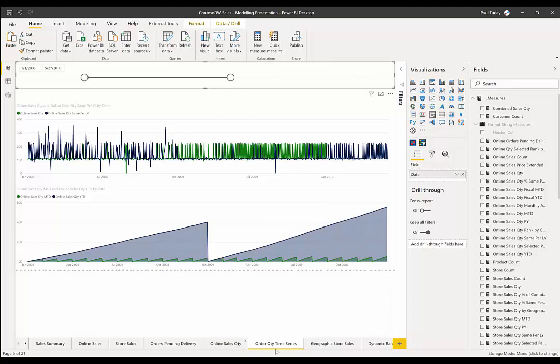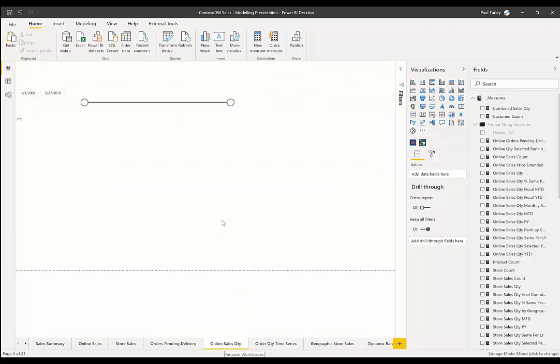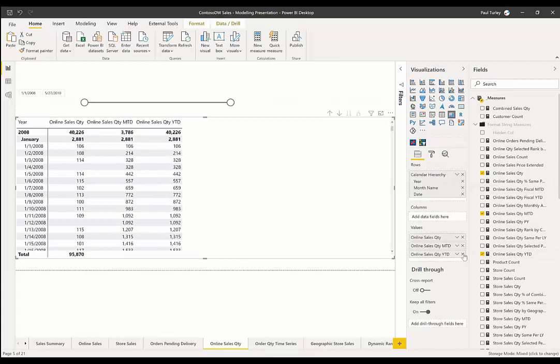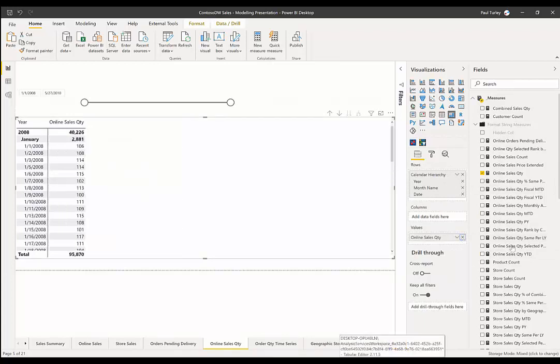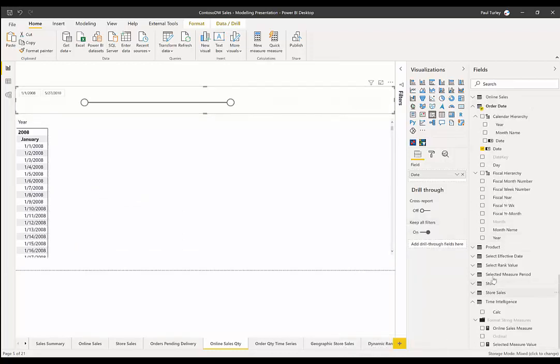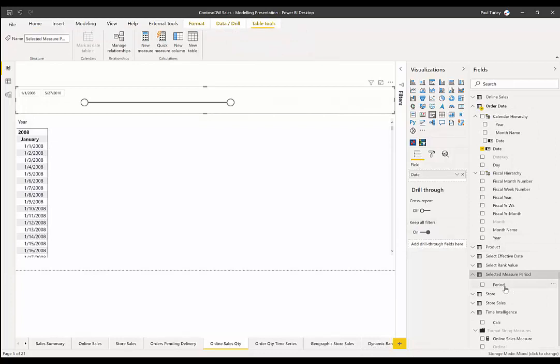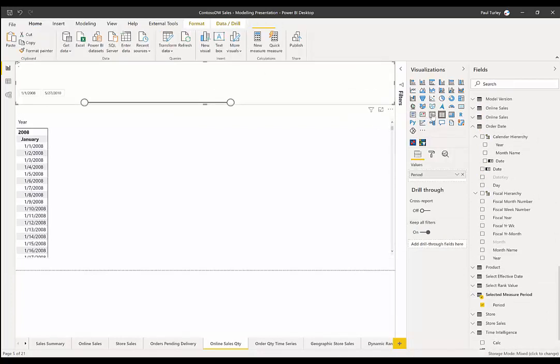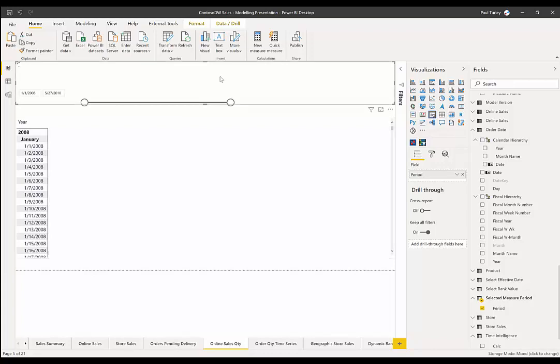So I'm going to go back to my online sales quantity, and let's go ahead and remove all of my measures. Now I've created a table called selected measure period. We're going to make a slicer out of that, so I'll just drag and drop and turn that into a slicer just to keep things nice and simple.